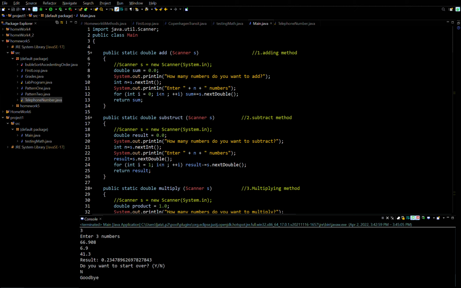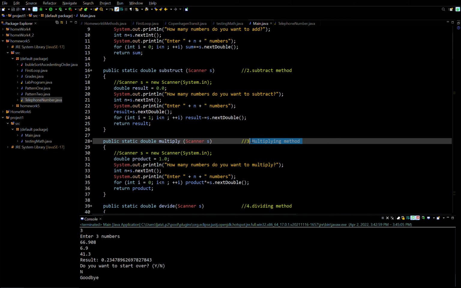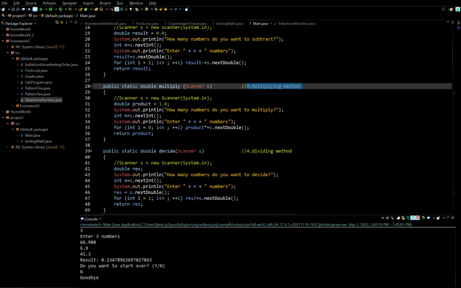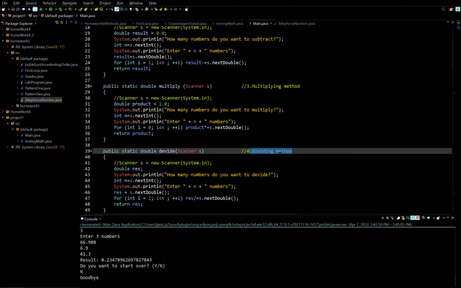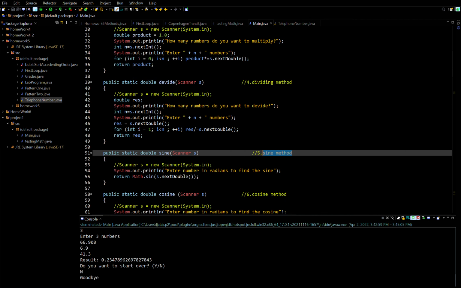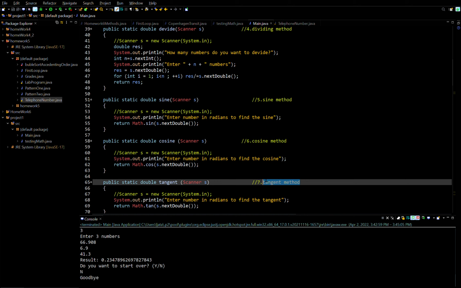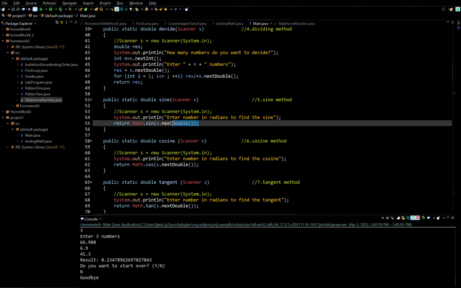Okay, let's just jump right into it. As you can see, before the main method, the body of the main method, I have declared and defined 7 different methods for each arithmetic operation the program should execute. We have a method for addition, we have a method for subtraction, multiplication, division, and for scientific mode we have the sine method, the cosine method, and the tangent method, and the last 3 methods are utilizing the